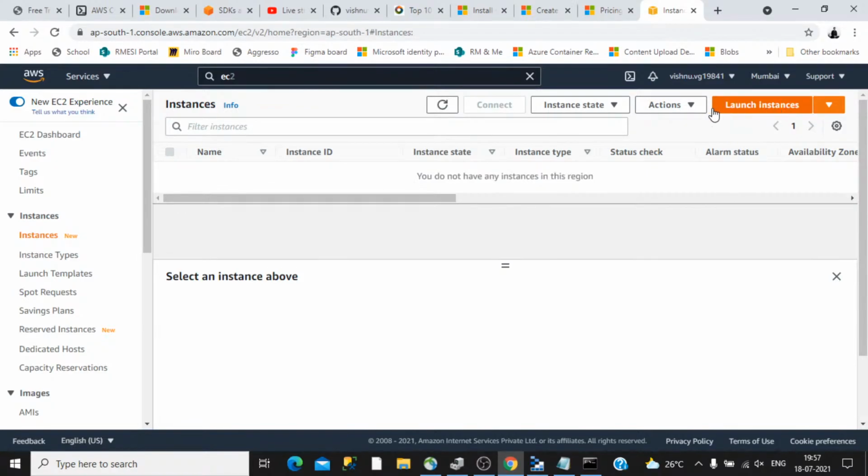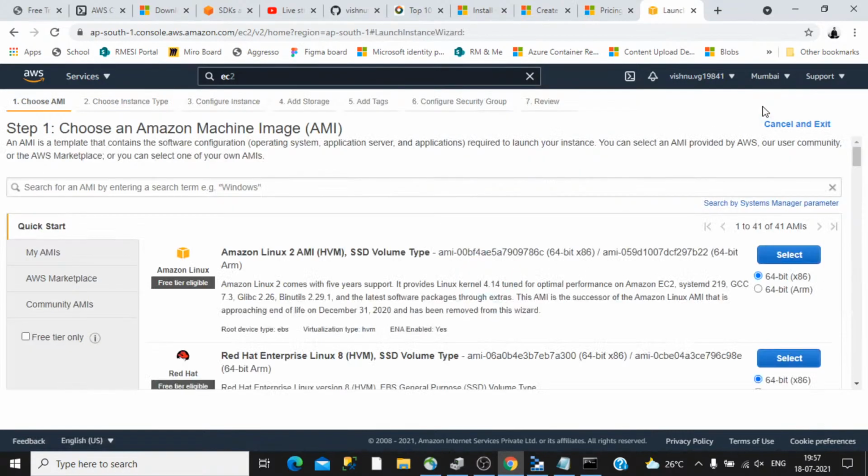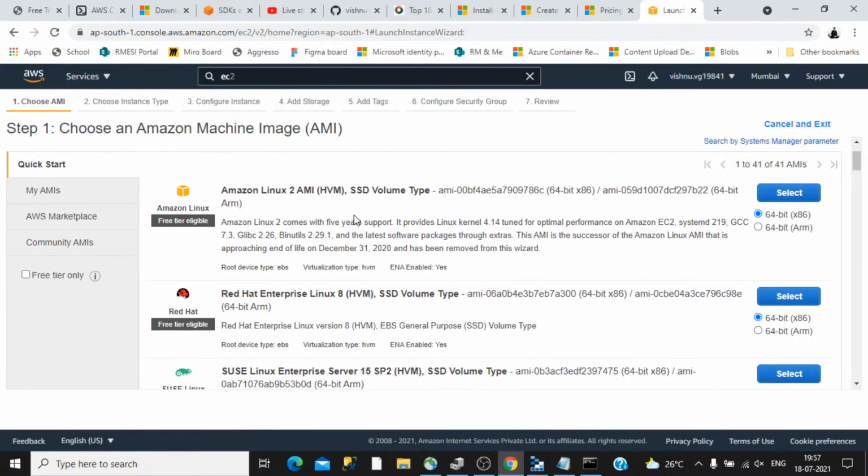So we can see how we can create a VM in Azure. In Azure you will be creating a VM directly from there, and you will be launching that after you fill a certain set of boxes. We can look into that later, but here the term is called launch instances. When I click on launch instances, similar to Azure, Amazon offers the type of presets that I can choose.